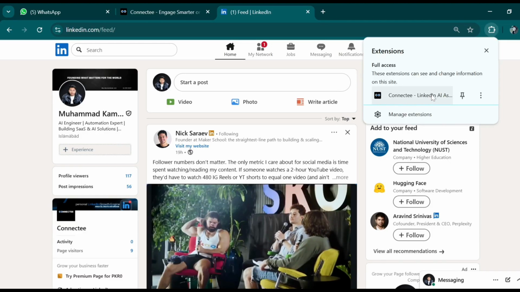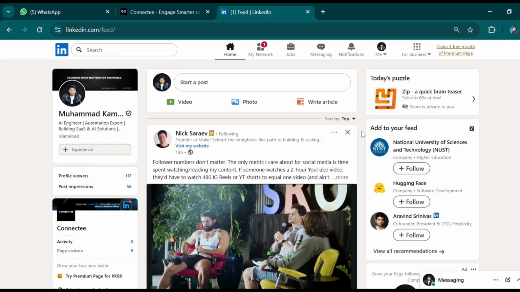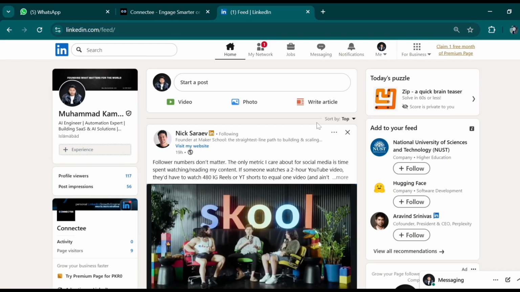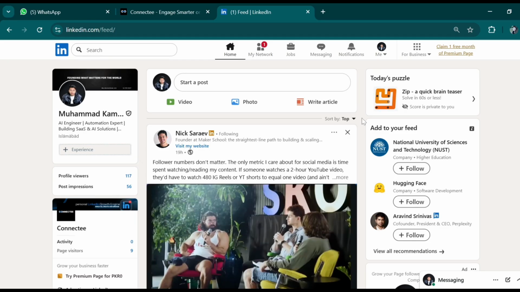This is basically Connecti's LinkedIn AI Assistant extension. Once you enable this extension, sign in using the same account that you use on the Connecti website. After completing the sign in process, you will get to your LinkedIn account.